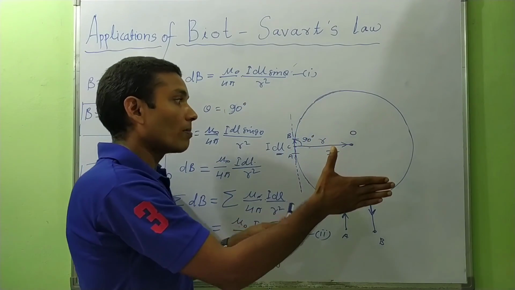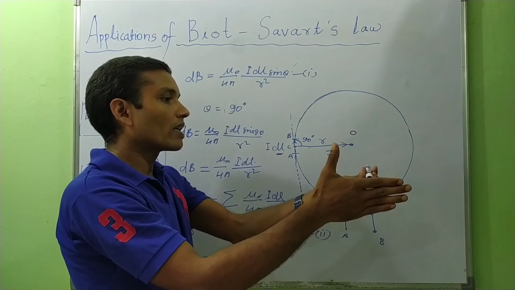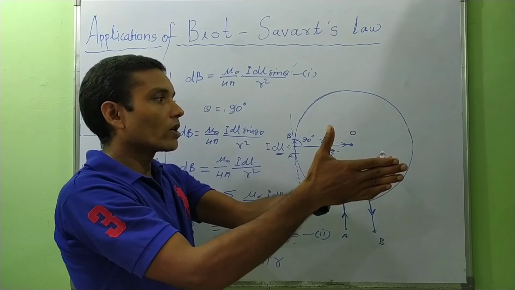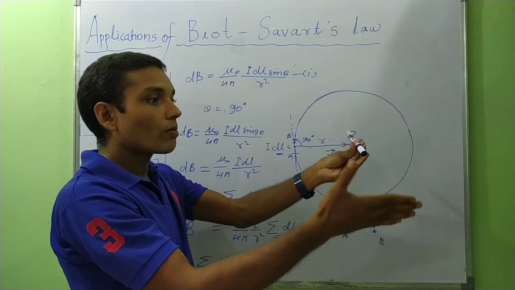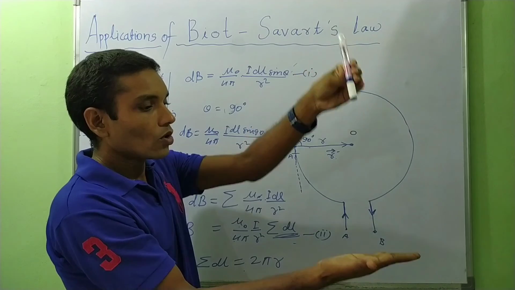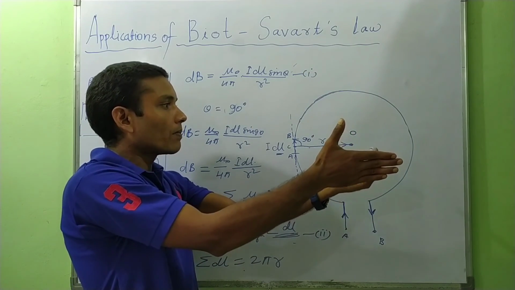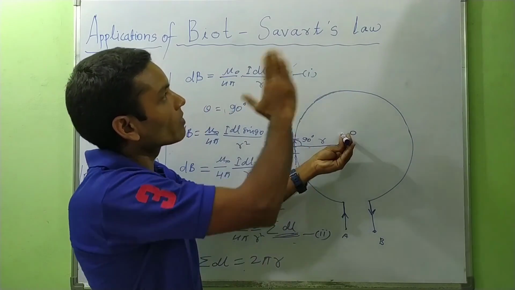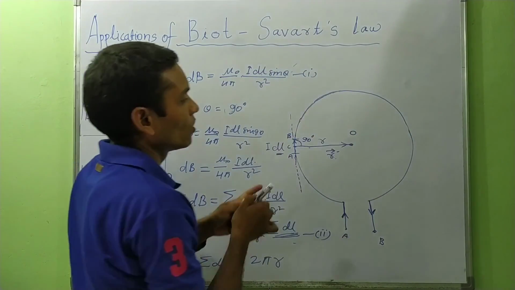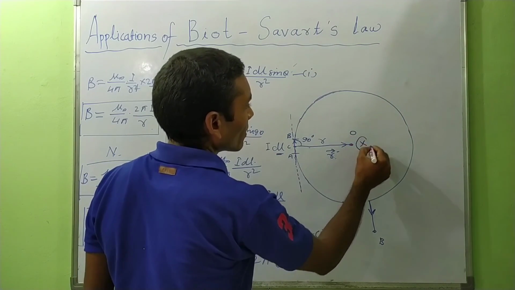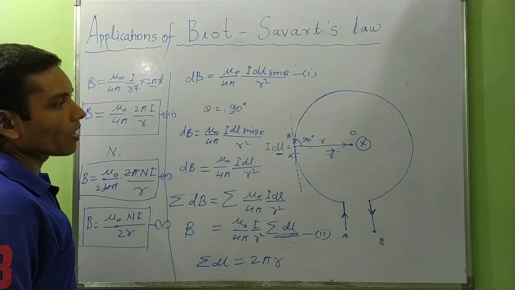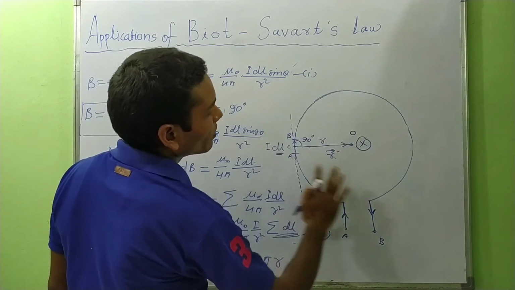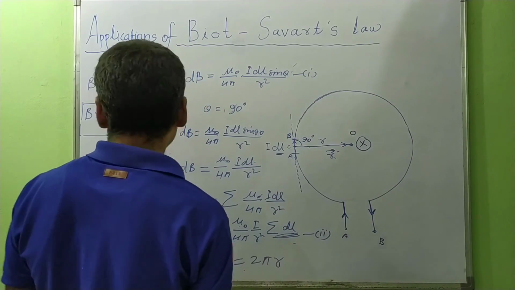So what will be the direction of magnetic field? Then the direction of magnetic field will be perpendicular to the palm, in the outward direction of the palm. This is the outward direction. So the direction of magnetic field will be inward of this face of this surface of the board, like that. So inward direction is shown by the cross. Okay, so the direction will be inward of the plane of this circular loop. Okay, understood?